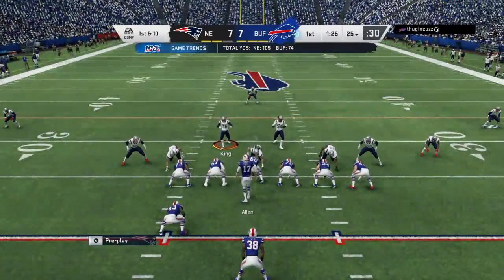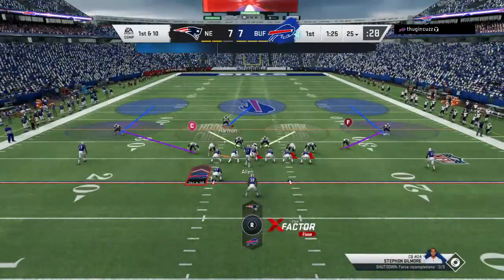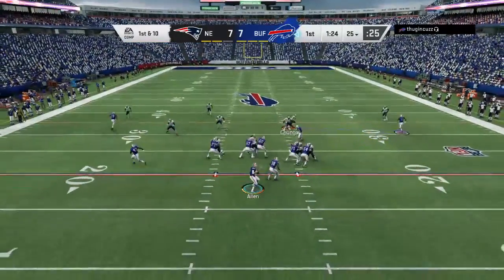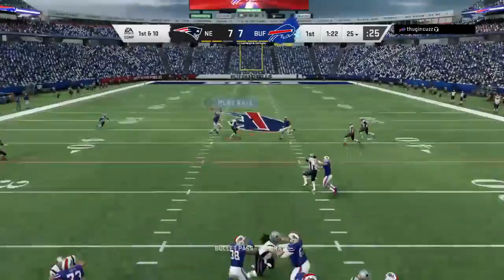The Bills come to the line to start their next drive. And to be frank, they're just in a tough spot. It's only November, already eliminated from playoff contention. I know their fan base doesn't want to hear that, but that's the...